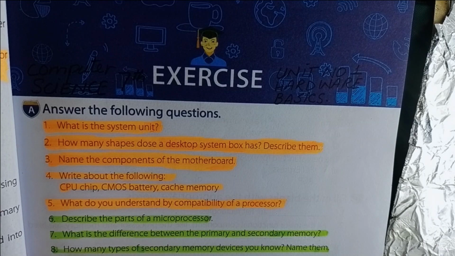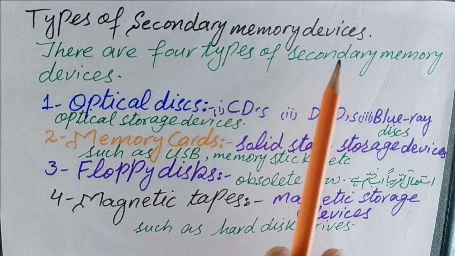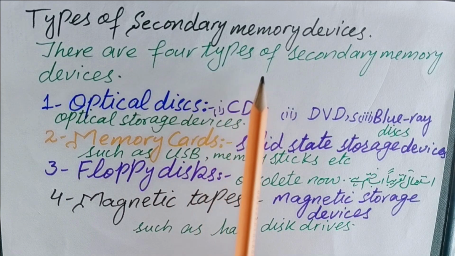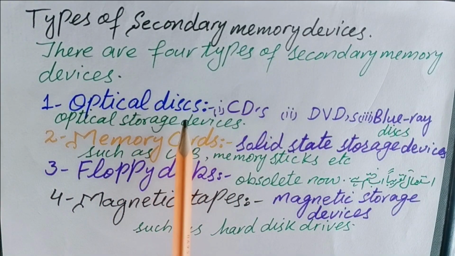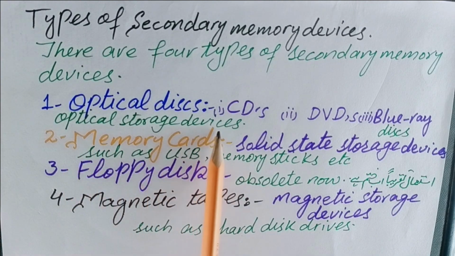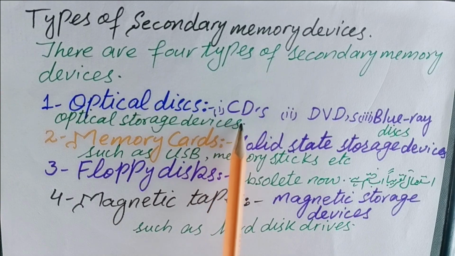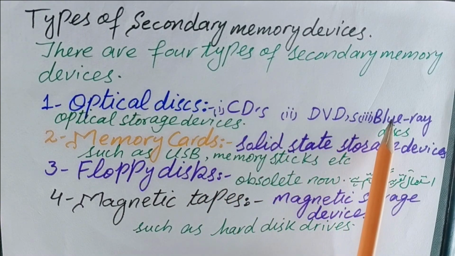Question number 8. How many types of secondary memory devices do you know? Name them. Types of secondary memory devices. There are 4 types of secondary memory devices. Number 1. Optical discs. They are also known as optical storage devices, i.e., number 1, CDs, number 2, DVDs, number 3,